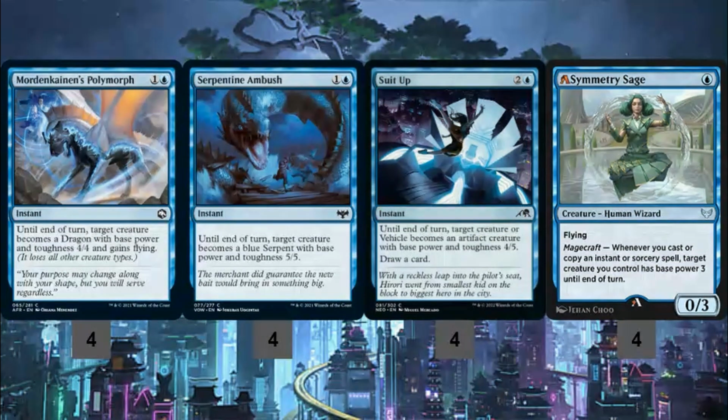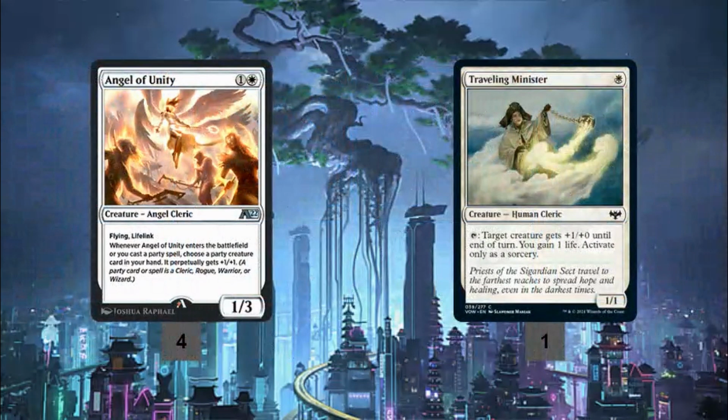And lastly, Symmetry Sage, which is one of our weakest cards because we don't have that many instants and sorceries in the deck, but it is a good curve filler and it does work well sometimes. Supporting the plan, we have Angel of Unity, once again an Alchemy only card, and frankly this deck just doesn't work in standard, as I think about it, because Angel of Unity